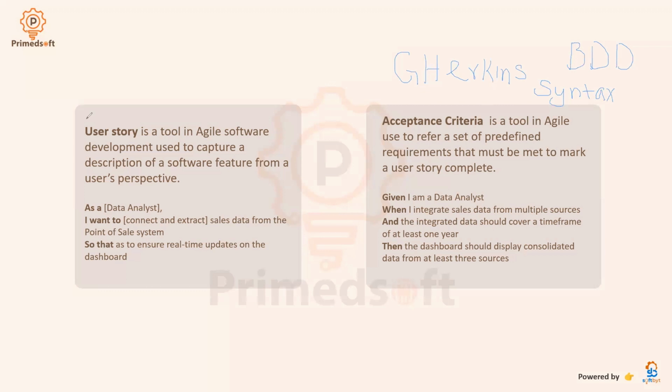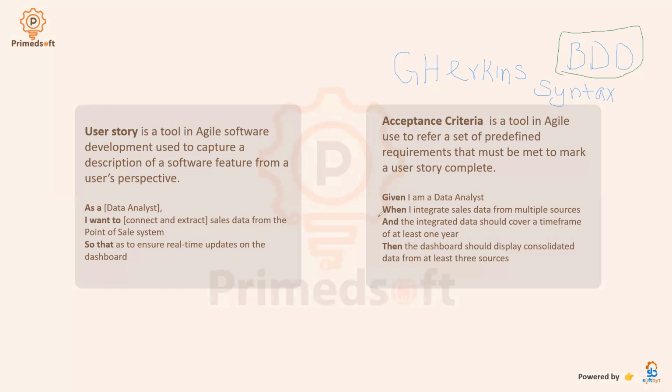All right, so that's how we're going to be using this BDD method to write the acceptance criteria for this user story. The way you go is: given is a precondition. It's a precondition that you need to meet. It's not everybody that wants to write the acceptance criteria that we implement this for. So given that you are in a position to use this, which is given that I am a data analyst,